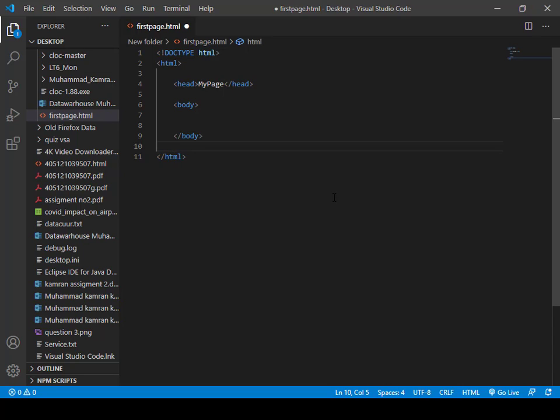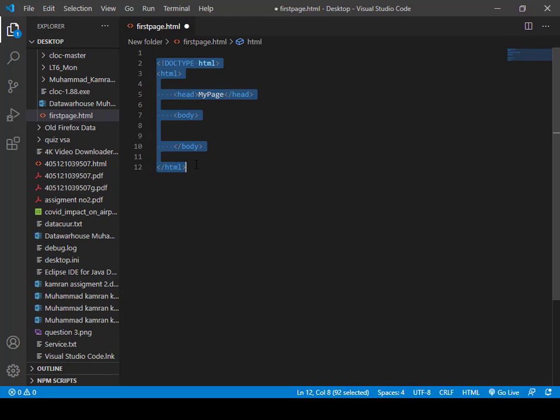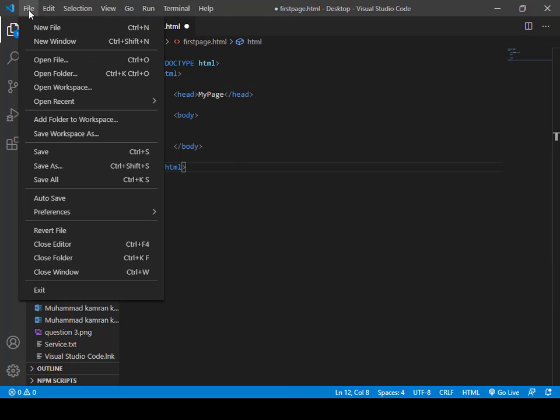So here I open one HTML page, which every web page will use as its basic web page structure. You can open it here: go to File, click on Open, and select the file to open it. With the file open, let's go over each instruction that we convey to the web browser.